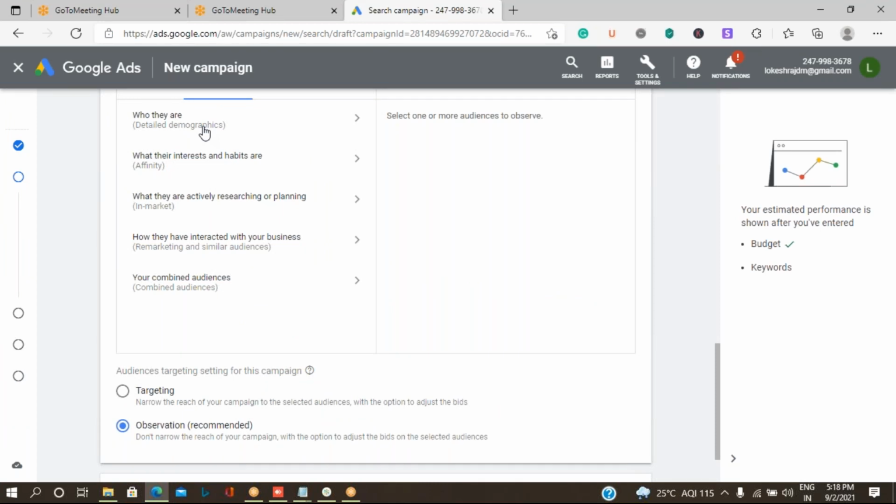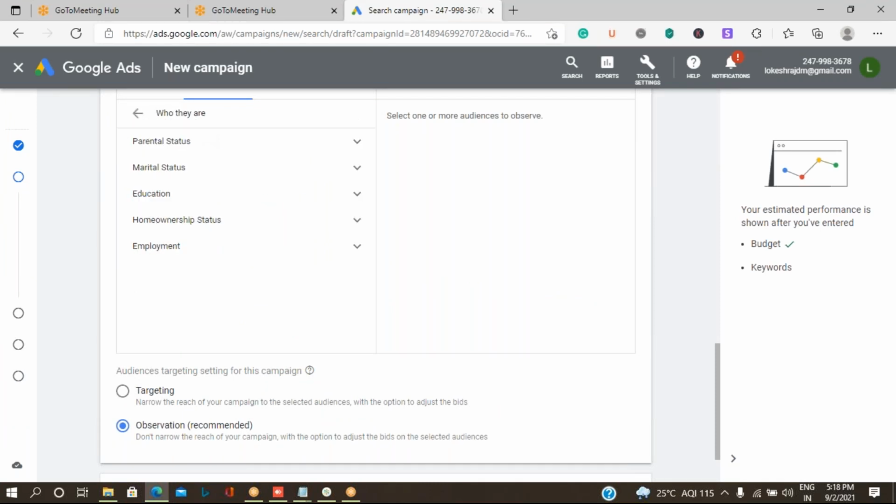When I go to detailed demographics, it shows me the types of people who come under this category. Are your target audiences coming under this? I'm not worried whether they are a parent or not, or whether they are married or not, but I'm going to target the people in the education status.